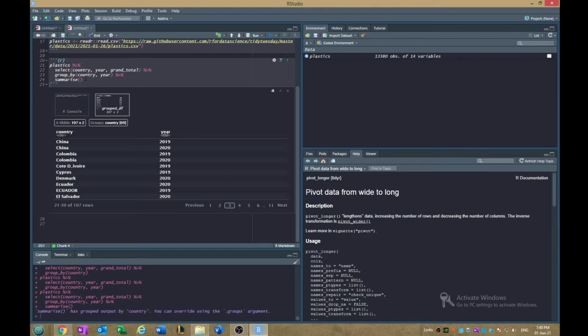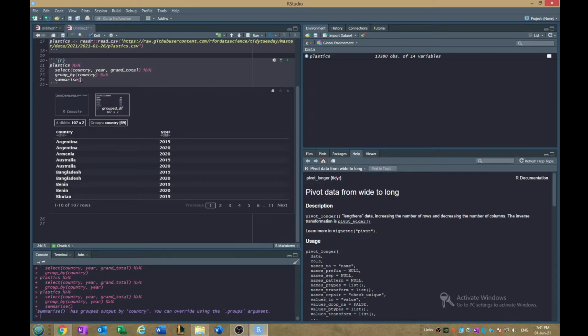So you can see where the summarize function comes really handy. What summarize lets you do is, so we've grouped by country and year, we can then use the summarize function to create a new table and define what columns we would like to insert into the data set. So we have group by, and we've done that by country and year. For the sake of this, let's just